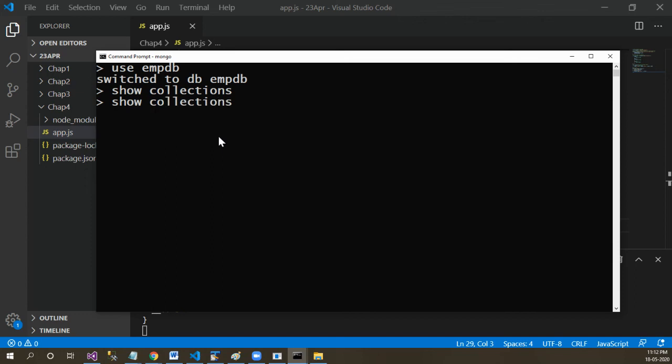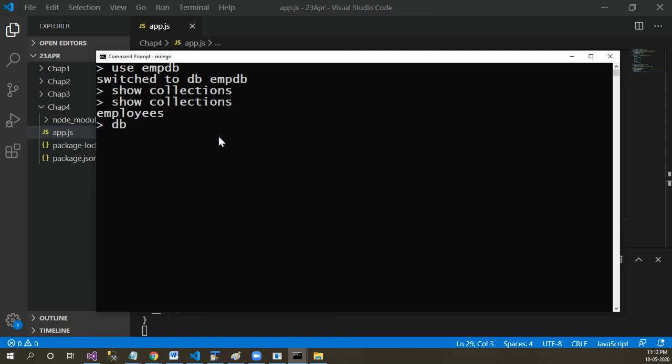One more thing you need to take care of is, whenever you are working with databases, whatever model name you have given, we have given the model name as employee, but MongoDB converts the model name into plural notation. So if you see, the collection is not created with the name employee, instead the collection is created with the name employees, and that is the default behavior of MongoDB. You can change this behavior by changing some settings in Mongo if you want.